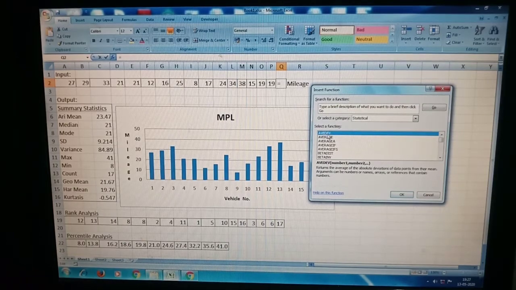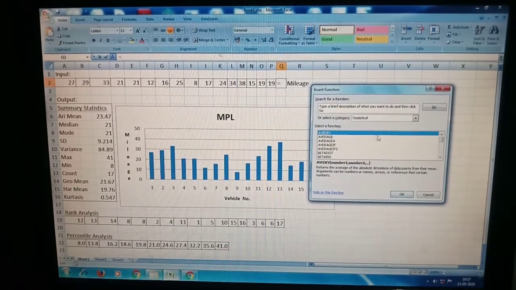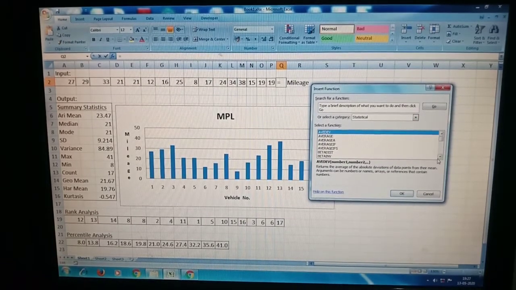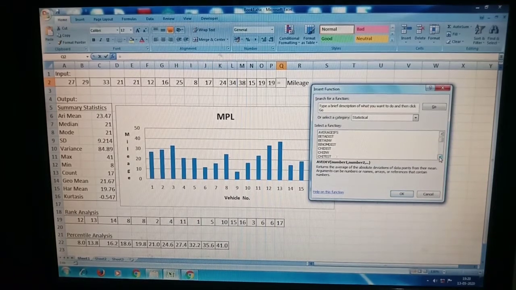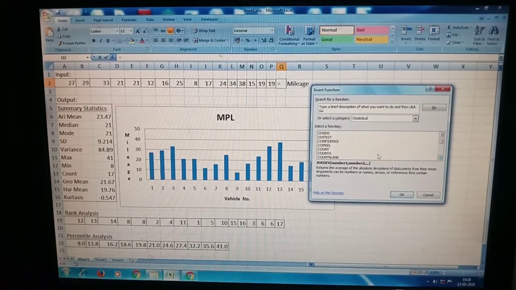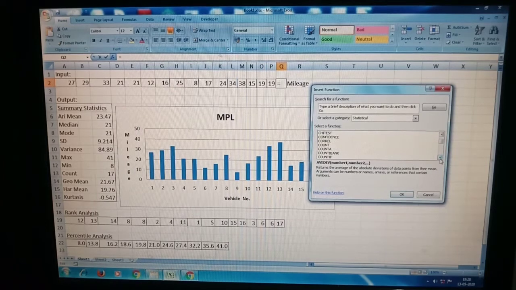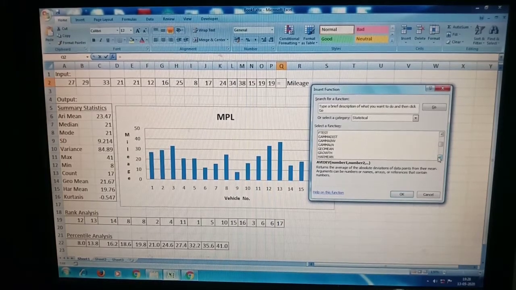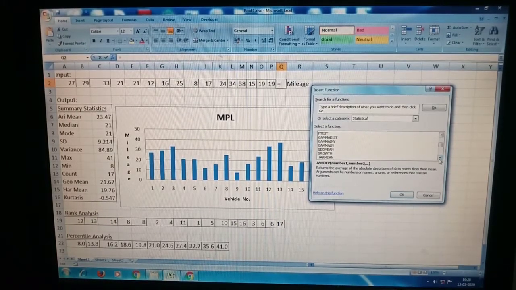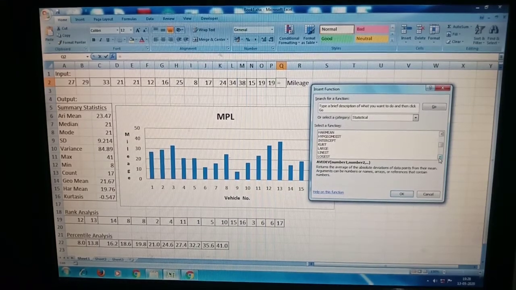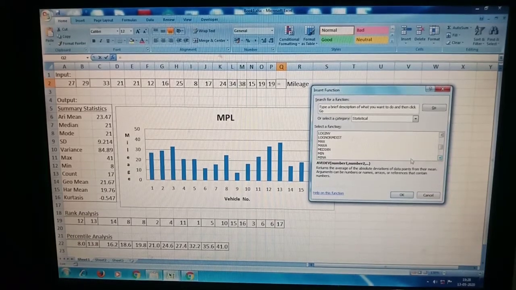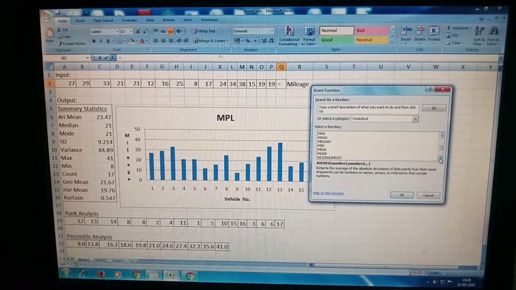So you can see various functions available under this statistical category: various types of averages, correlation, count, covariance, geometric mean, harmonic mean, kurtosis, largest value, maximum value, median, minimum value, mode.